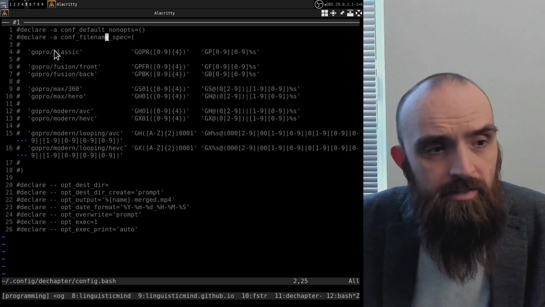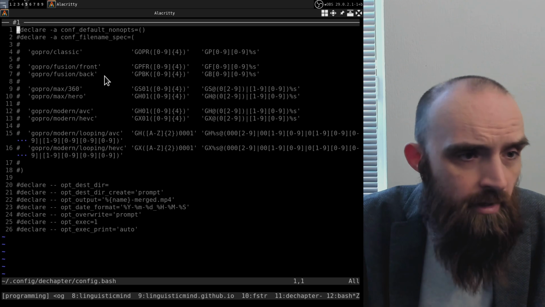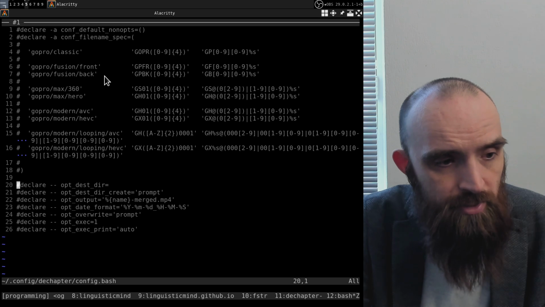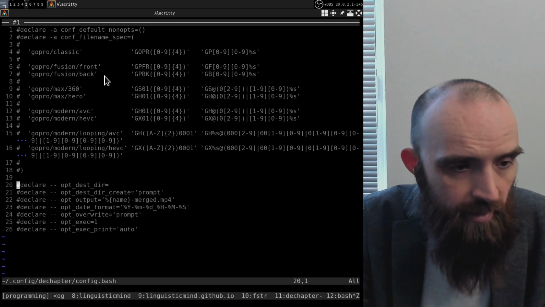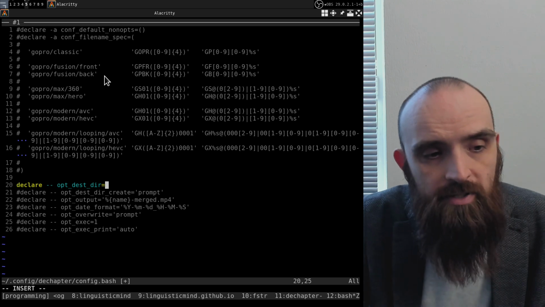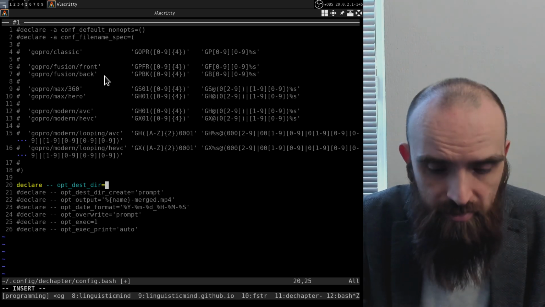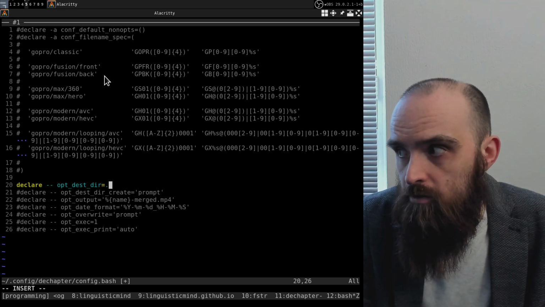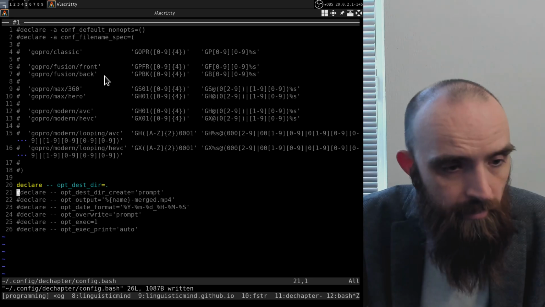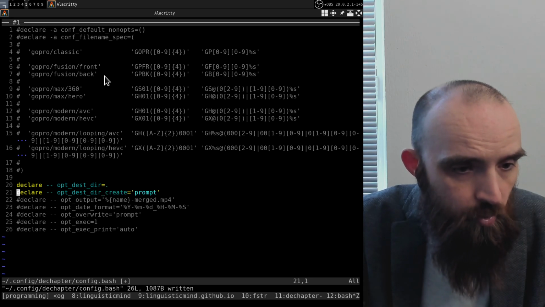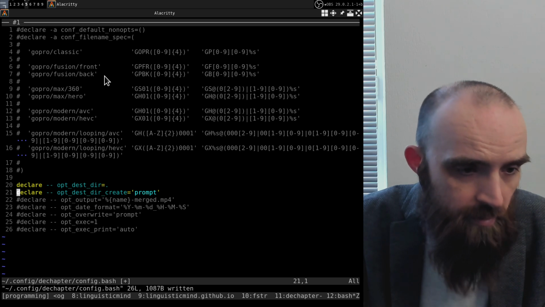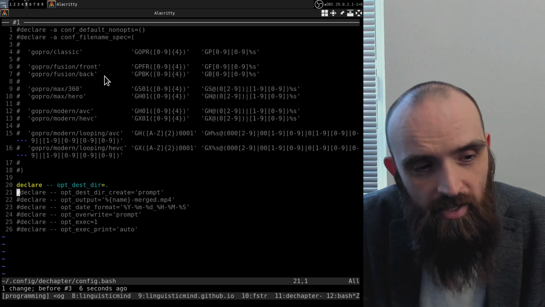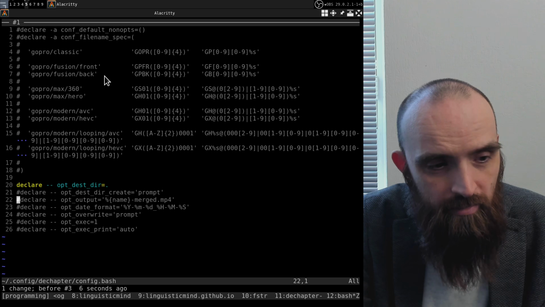So basically, this is the configuration file that you get once you generate it. You can see that everything is commented out, and it's basically ready for you to start changing things. For example, maybe you want to have the destination directory always be the current working directory. You can set dest-dir to dot, so you don't need to enter it manually on the command line every time. And for example, maybe I don't want to be prompted for dest-dir-create. I can change it here as well. So basically you can see this is all of the same options that we went through,